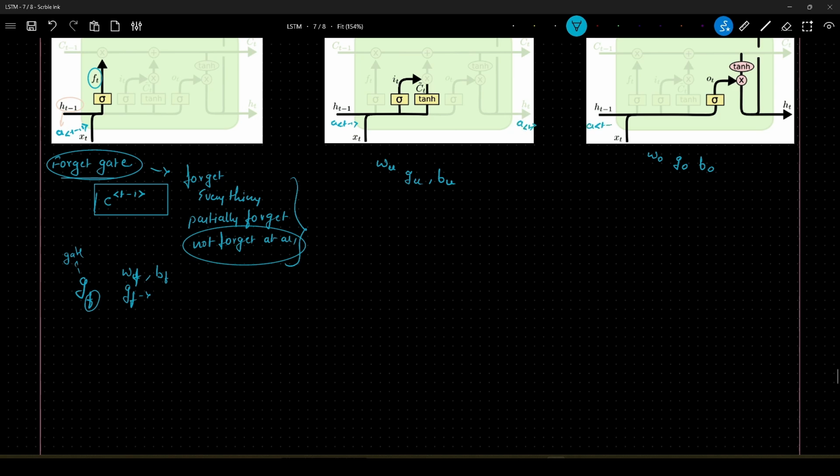Same way here, AT minus 1, AT. Okay. So just for maintaining the consistency. Now, how are we calculating this gate here, GF? So if you can just look at the,